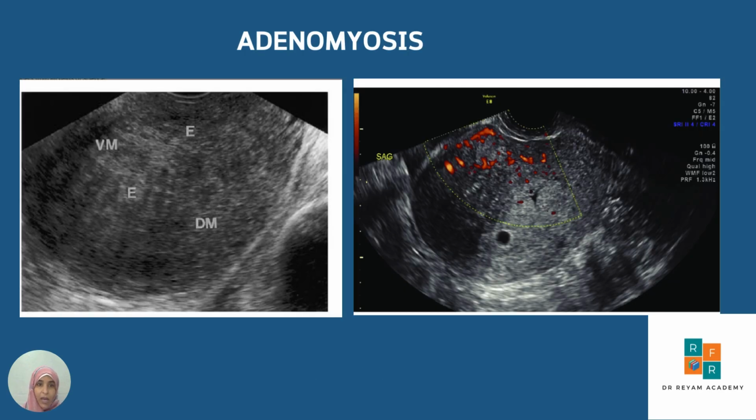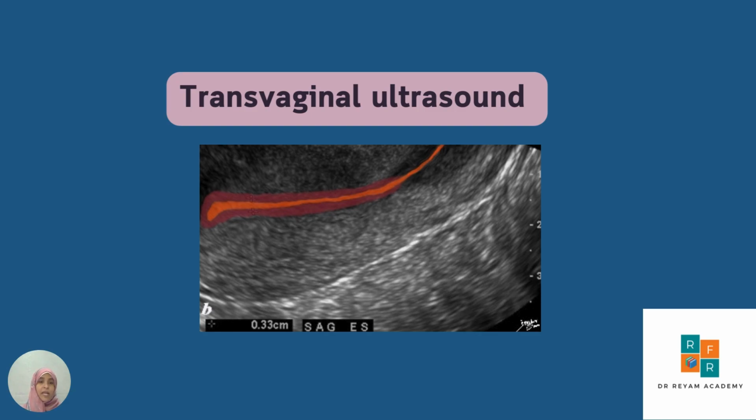Now that we have explored the junctional zone, let's dive into adenomyosis. Adenomyosis is a benign pathology of the uterus, and it is defined as abnormal invasion or growth of endometrial stroma and gland into the myometrium. And it can appear as a focal lesion or diffuse lesion, with or without myometrial hypertrophy. And building on what we have covered, let's take a closer look at how the junctional zone appears on transvaginal